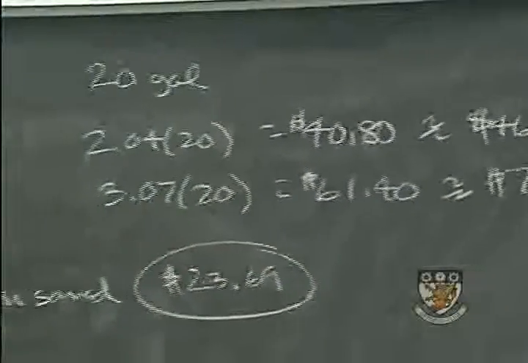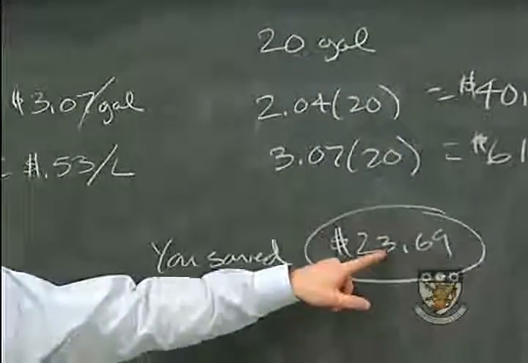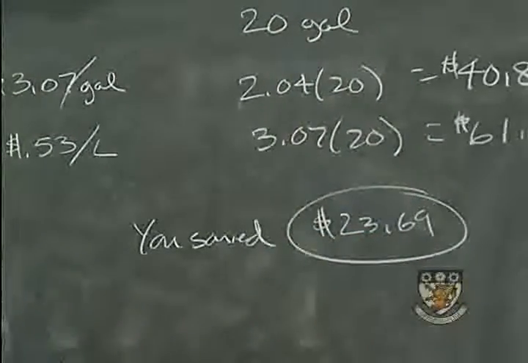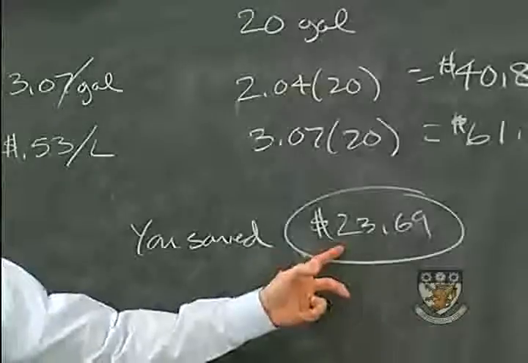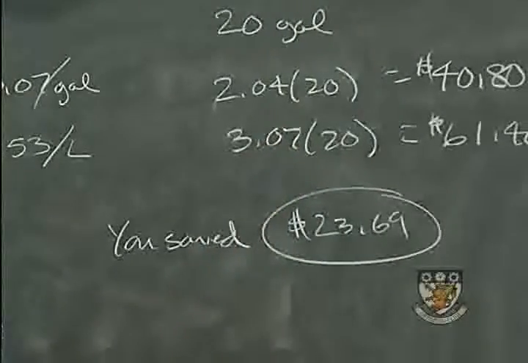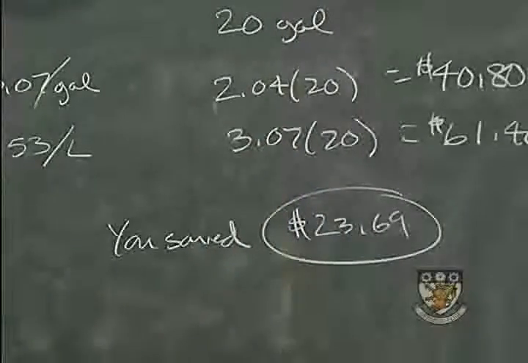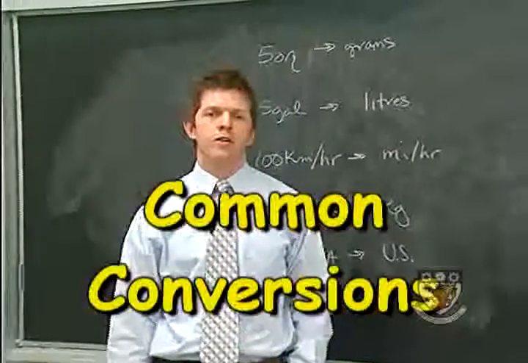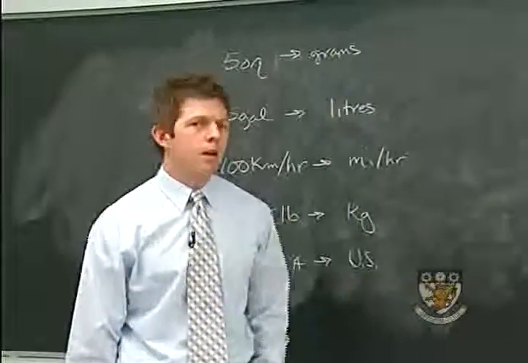And the answer is yes. How much did you save? $23.69. So almost $25 savings on 20 gallons of gas on this particular day. Pretty amazing. Continuing with our conversions from imperial to metric and metric to imperial, I thought it would be interesting